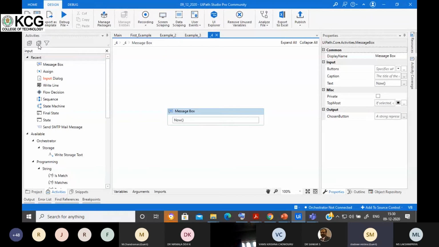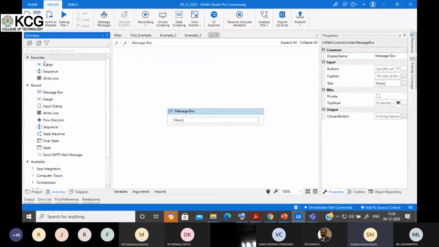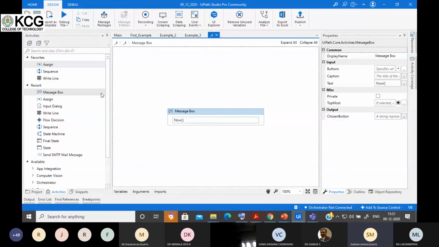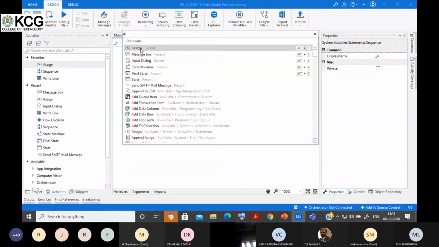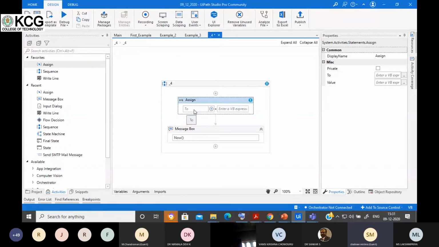Suppose I add an assign activity also. By using the assign activity, I'll show you. Date and time.